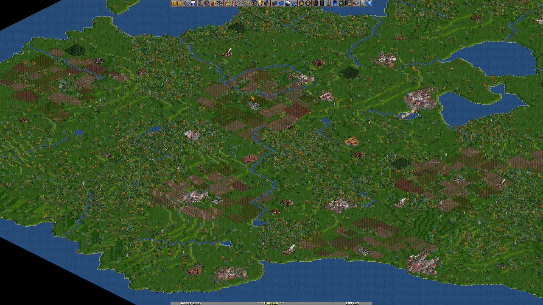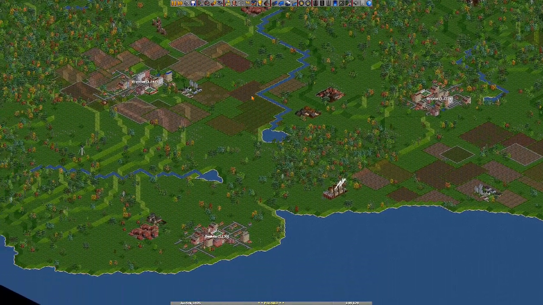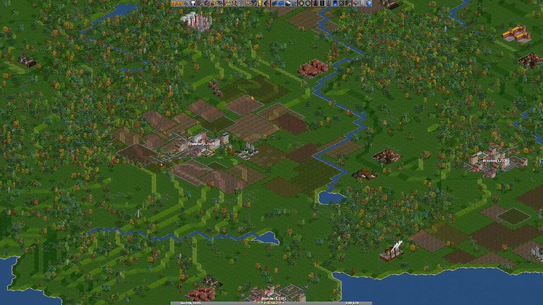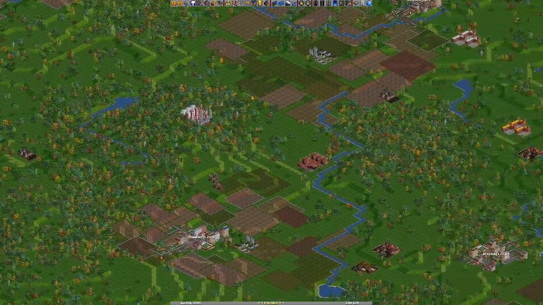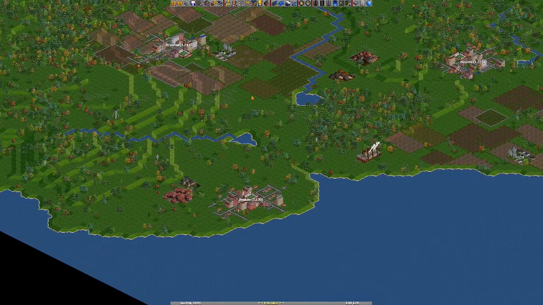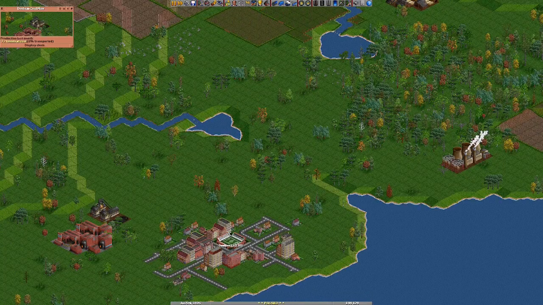So far, what we've learned is not to build through farmland, and that the size of the source doesn't necessarily indicate production rate. We're going to go ahead and take the 72 anyway,